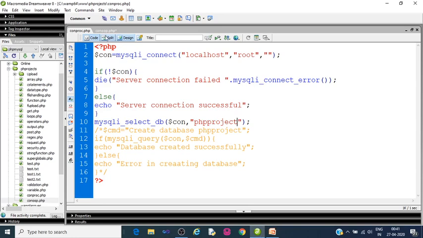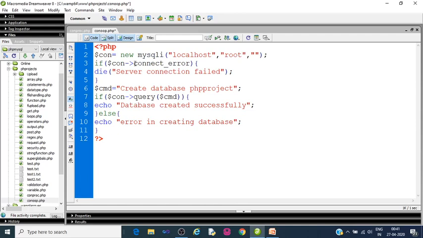So we'll just check in the con OOP method. Right now we don't need this thing, so we'll comment here and we'll just comment it here. So $con = new MySQLi. We'll just pass one more piece of information here, PHP project.